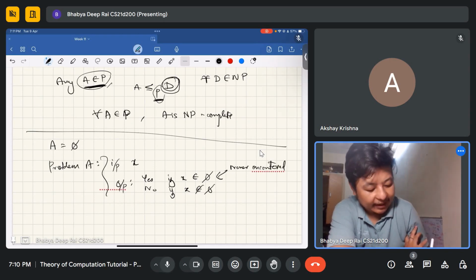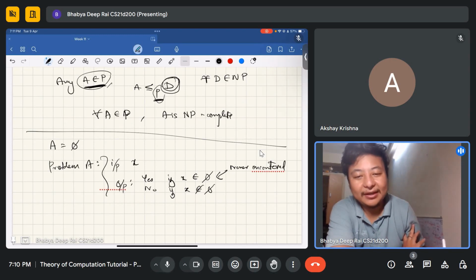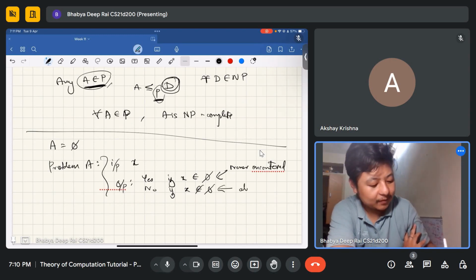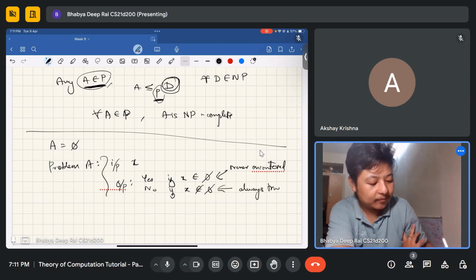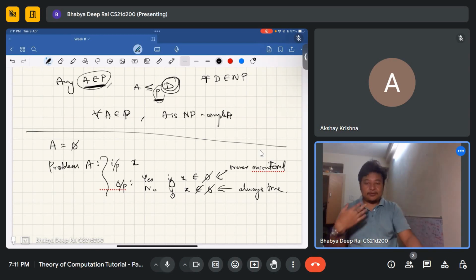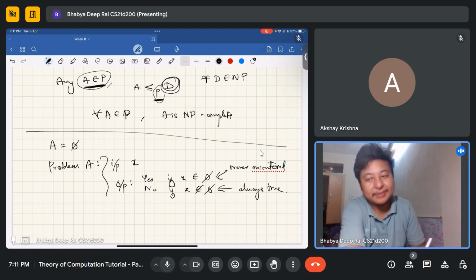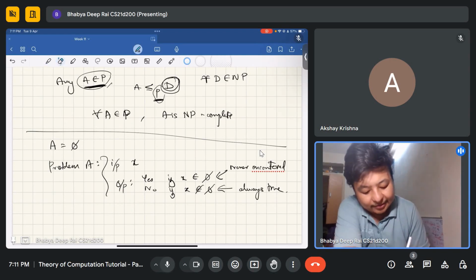Right? And x is not in phi. This is always true. That is, no string is in the empty set. No object is in the empty set. And similarly,